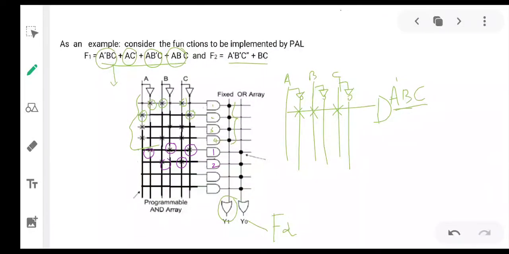Now this one is okay, and this is also okay, but I have 2 more connections. They are fixed, but there is no product term required. So what happens? I'll just blow away all the fuses of this line, as well as the fuses of this line.